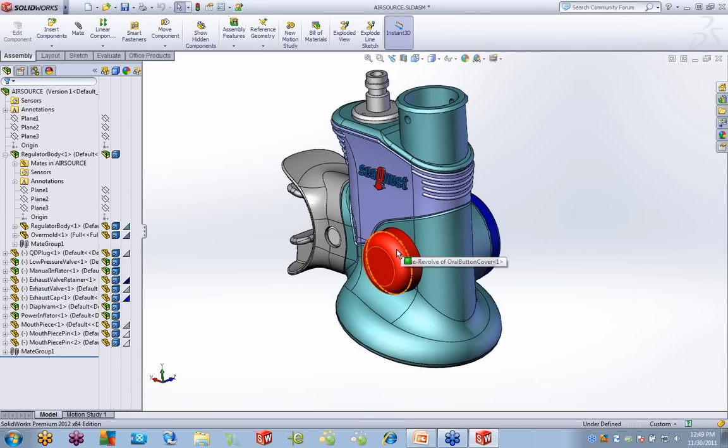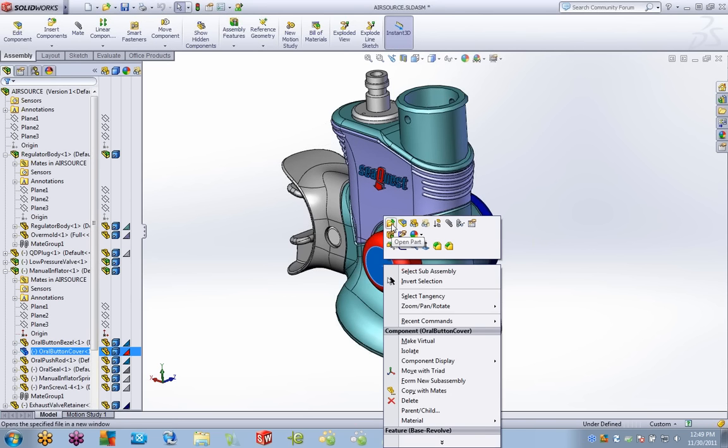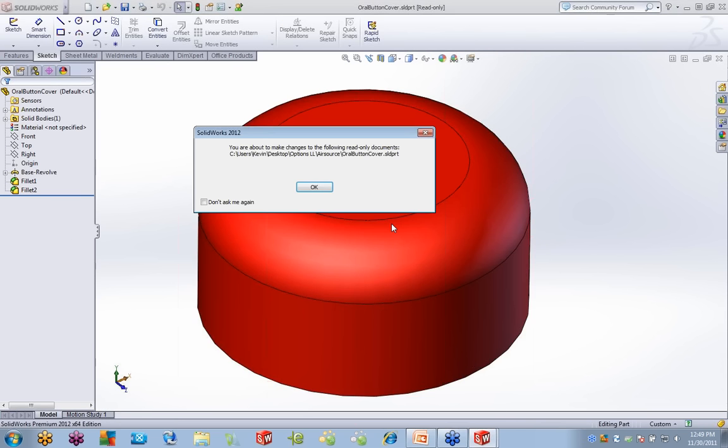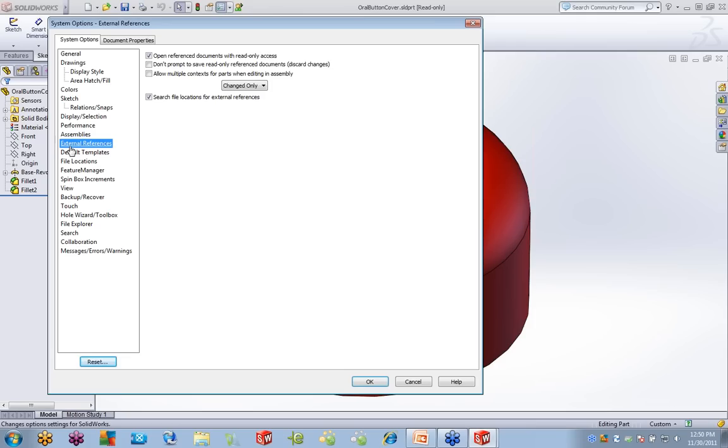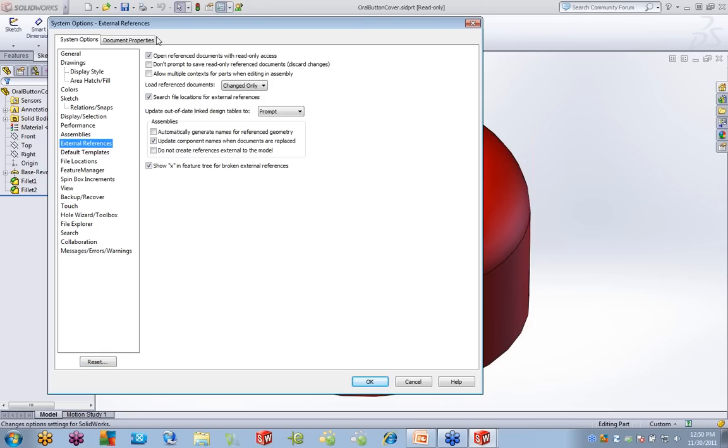What will happen is, now when I pick another component to edit, okay, here's where that dialog comes up. You're about to make changes to read-only documents. Would you like to open it with full write access? Or it warns you to get full write access to the document. Now, back under external references, there are times when you open things as read-only with no intention of